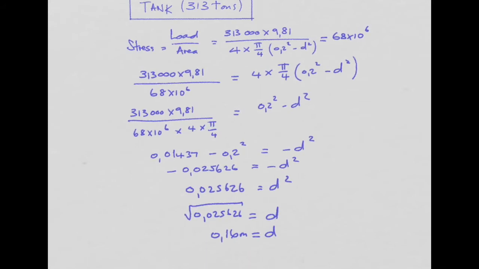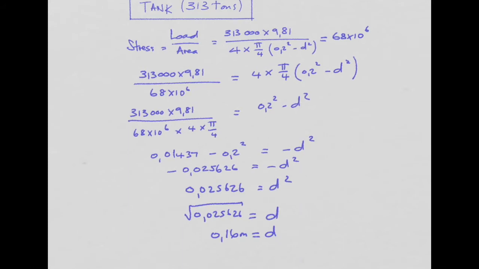What I've done is I've just manipulated the formula so that I get the unknown on the right hand side, and to do that I moved the 68 times 10 to the 6 across the equal sign, so it went below, and conversely I moved this 4 times pi over 4, this area part over here, across the equal sign so it went above the line. And I did the same by moving the 4 times pi over 4 across to beneath the line as I cross the equal sign. And my goal is to try and get d on its own on the right hand side,